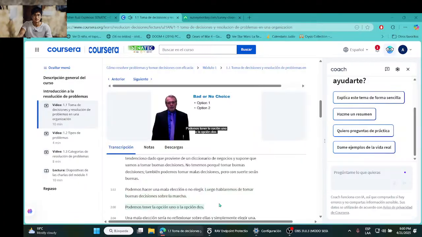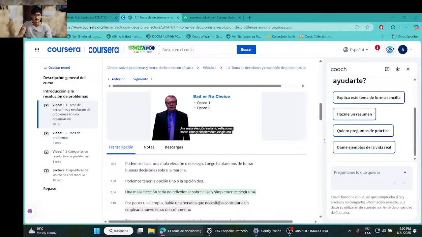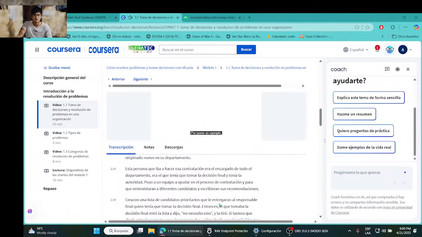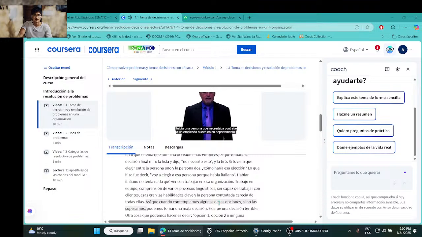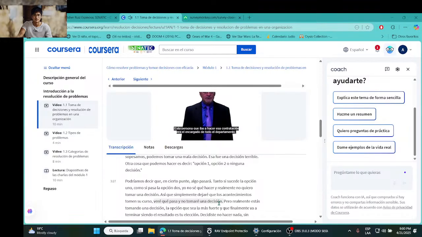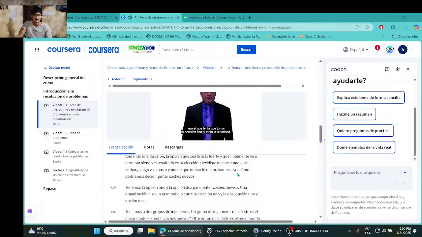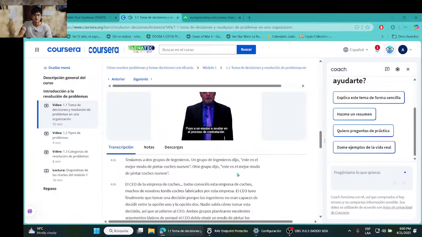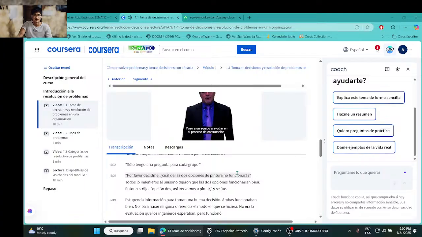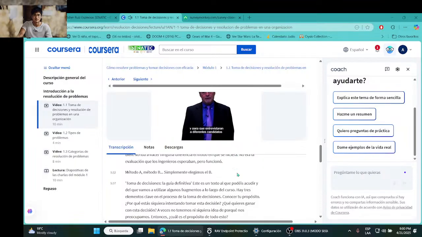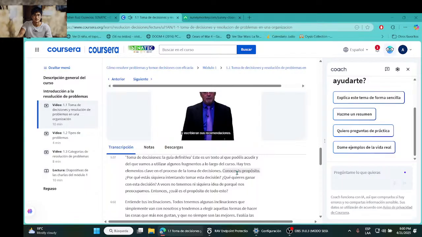We may have option 1 and option 2. A bad choice would be to look at those and not think about them and just pick one. An example of that: there was a person that needed to hire a new staff member in their department. This person was the head of that whole department, the final decision maker, the authority and everything. They put together a team of people to help in the hiring process, and they got this group of people to interview different candidates and put recommendations together.